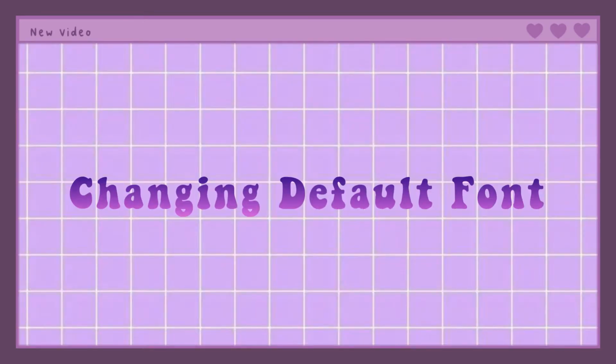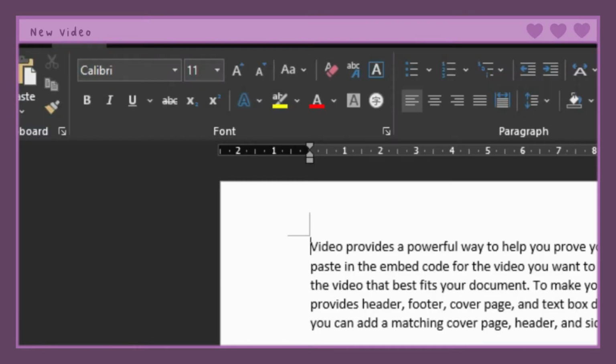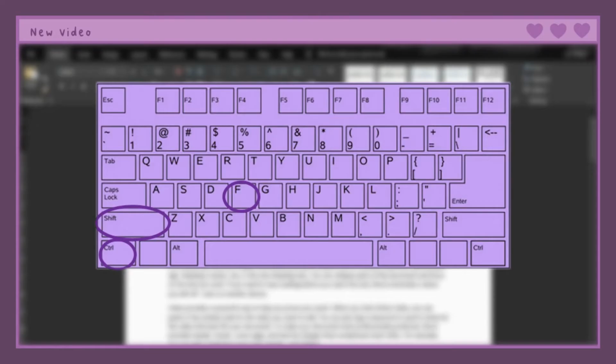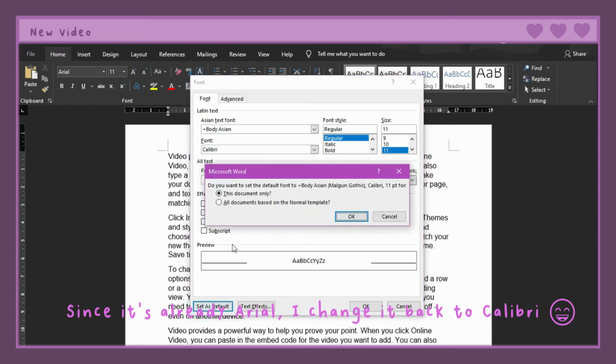Second is how to change the default font in a specific document. As we all know, the default font in MS Word is Calibri 11. There are situations where we need to use a different font for the full document. It's quite a pain to select all the text and change it to the required font. There are times that the font will automatically change back to default. At your Home tab, go to the Font group and click the extension icon, or you can press Ctrl-Shift-F to open the Change Font options. Here you can choose what font style and size to use for your whole document as your default font.